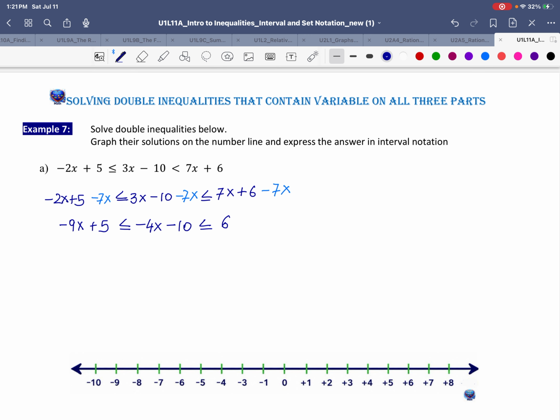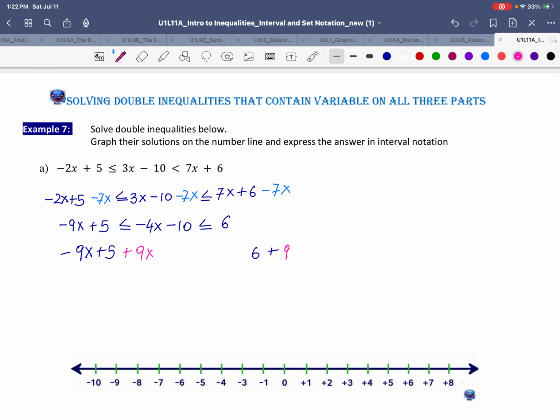But think about it, what happens afterwards. If you were to subtract a negative 9x, or add a positive 9x, to each part of this inequality,